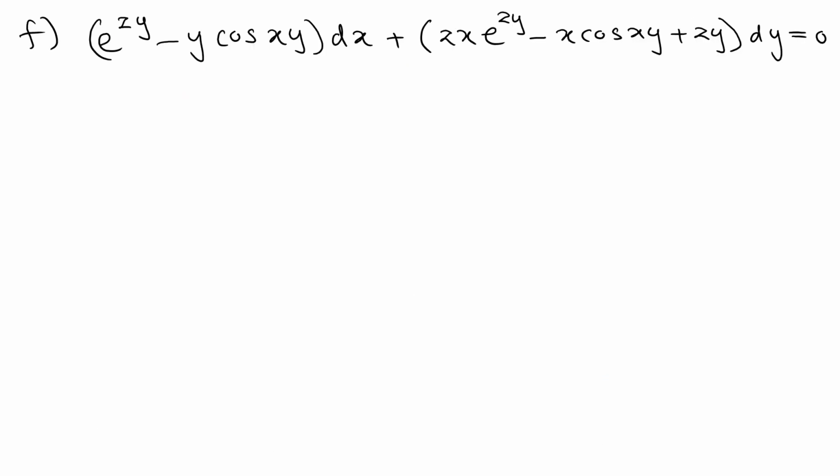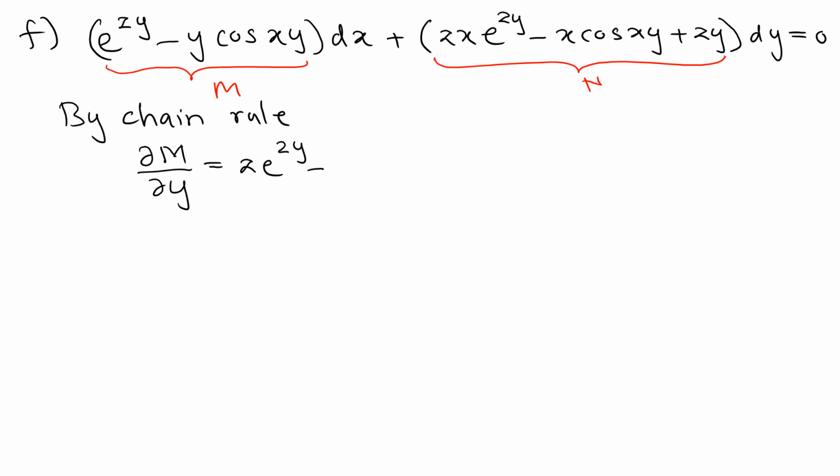Next, we look at this problem from the same book for comparison purposes, and you can see again we're going to pick this one as M and the other function as N, and then we check the condition using the chain rule. So first, the first term is 2e^(2y), the second one you have to use the product rule. If you use the product rule, the derivative of the first term, so you get y, and then you get cosine xy, and then you get minus y